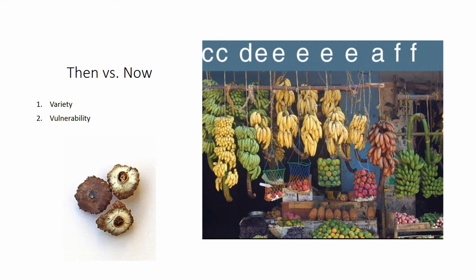The vulnerability piece, though, goes back to my opening comments. The threats facing banana today are numerous and complex. What we're finding is that banana's genetic sameness, or the lack of genetic diversity, has left it very susceptible to some of the different types of pests and, more importantly, diseases floating around. So the ironic part is that in order for banana to survive and thrive into the future, we've got to get back to basics and find out what those earliest forms of banana had that allowed it to survive and thrive for the past 7,000 to 10,000 years.